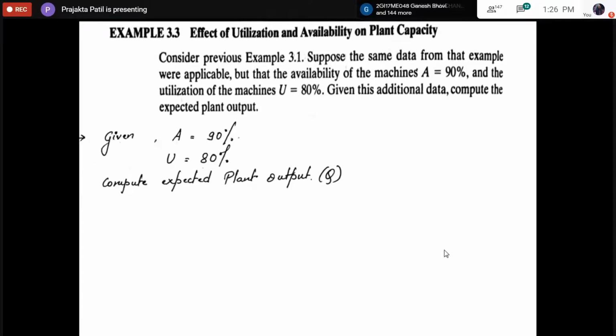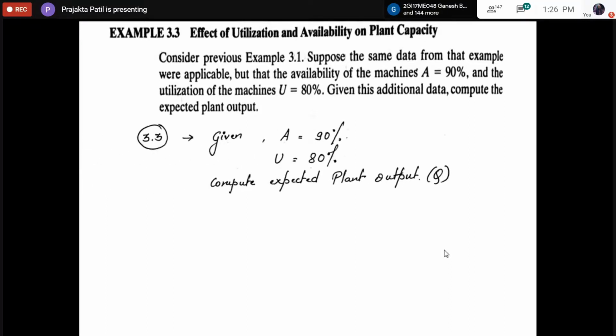So this is the given data that we have. Now the given data is going to be all of the data with respect to the previous problem also. You'll have to get all of those. So this problem is in continuation with the previous problem. So you already have the value of N, SW, HSH, RP, all of that is given. Along with that, you have A and U values also given. You have to find out what is the expected output.